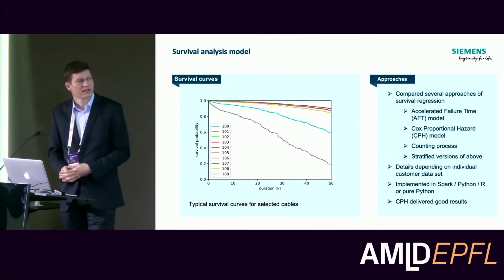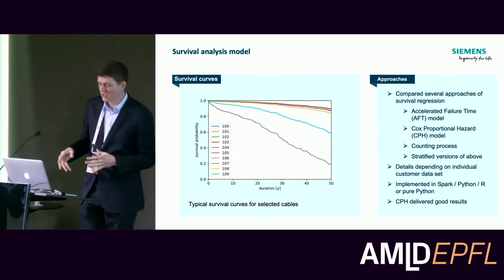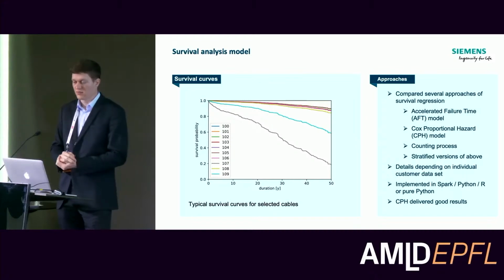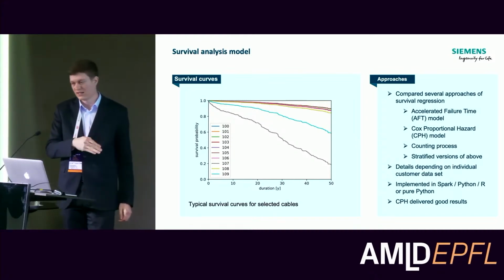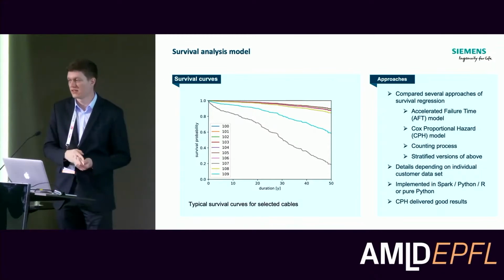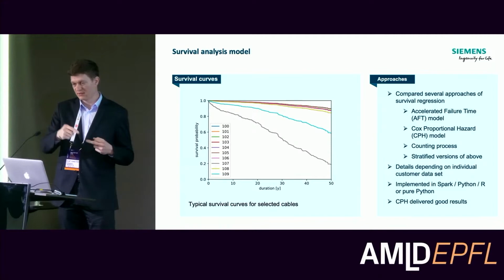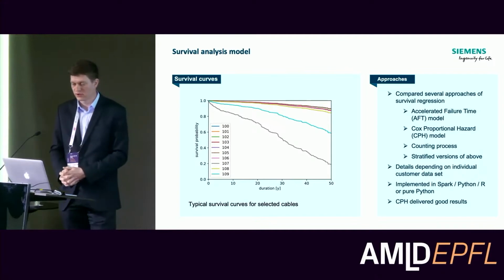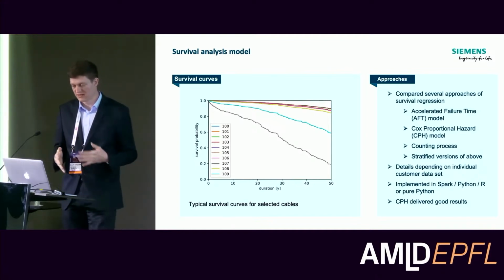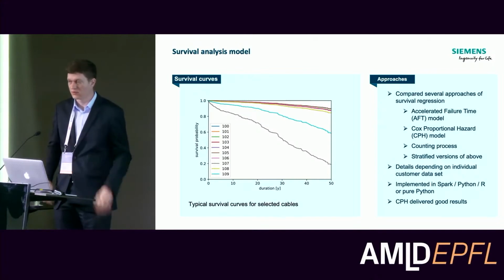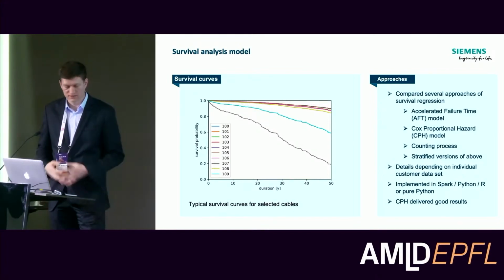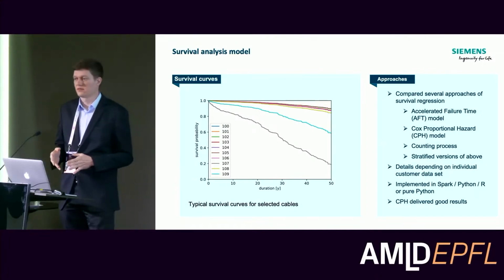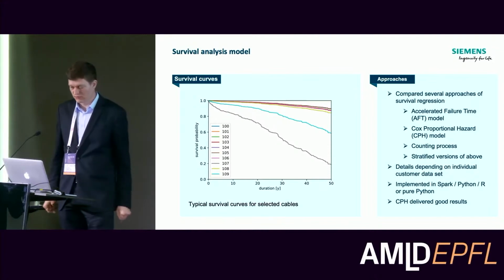We also had in our project team someone who is very good in R, so he also looked into a stratified counting process model to account better for these reoccurring events. So then it's not only predicting the events, but when you have on one asset more events over time, then you can model this as a counting process. This was also quite good, but with the Cox proportional hazard model we had similar results.